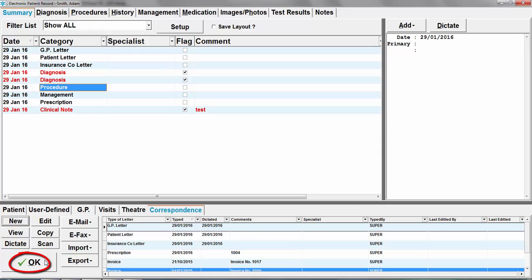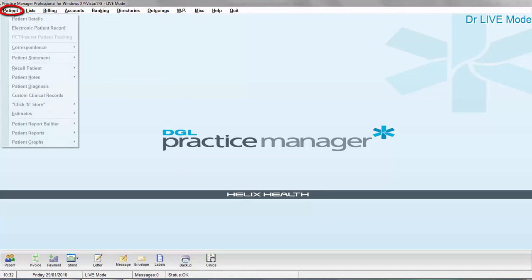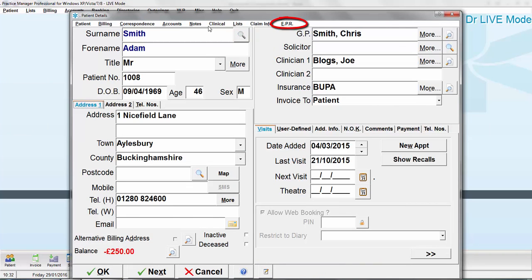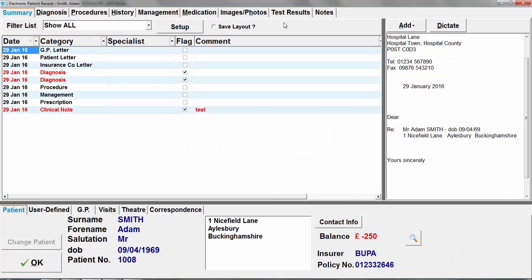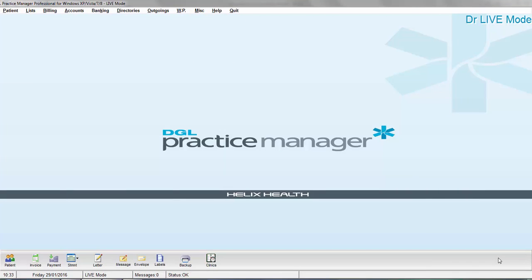If I then click OK to come out of this screen, we can also access the electronic patient record screen by going to the Patient menu, Patient Details, selecting our patient in the normal way, and then clicking on the EPR tab at the top here. If I click OK, and click OK,